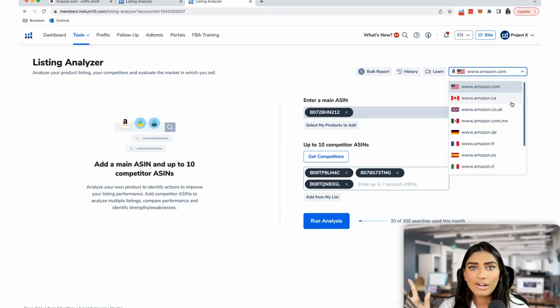Make sure that whenever you are doing your research, so these ASINs that I selected, they're from the US market, which is why if I'm inside of this analysis, it's not going to let me switch that up. But if you go in and you make sure that you copy those ASINs over from whichever core market you were interested in selling in, then just make sure that you switch it up right here before you click run analysis. And analysis is running real time, right? It's not taking information from the past.